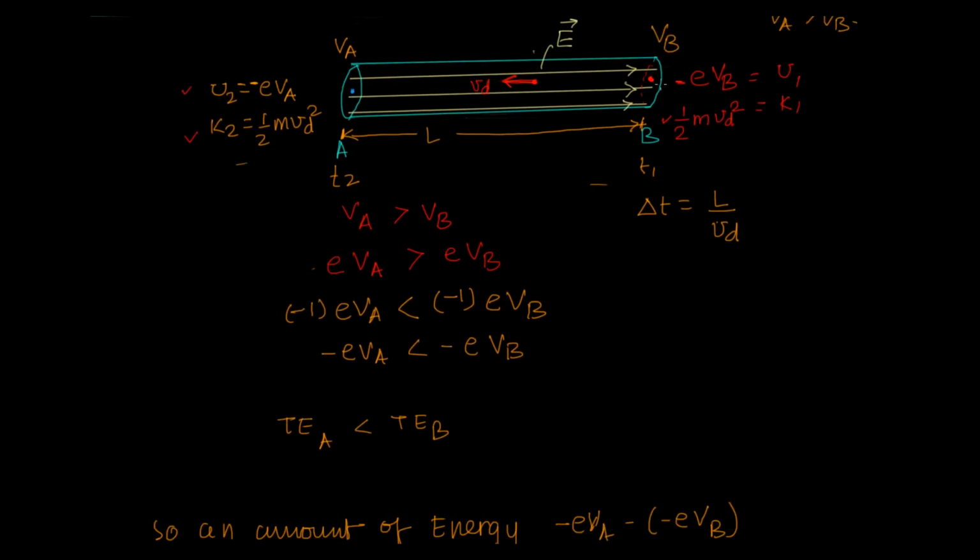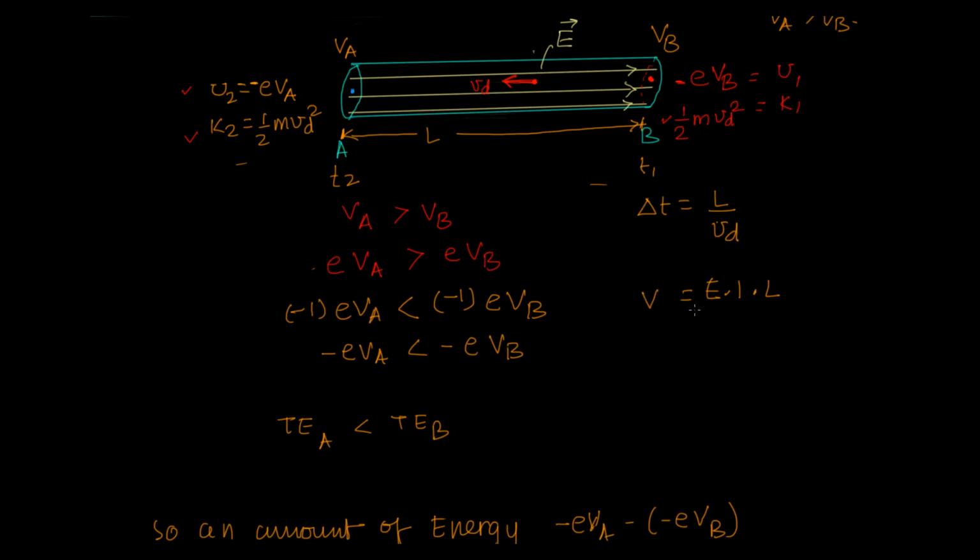If I take a unit positive charge in a uniform field E and move a distance L, I do work of E into 1, because it is a unit positive charge. This was the force I had to apply without accelerating, and I moved a distance L, and that is equal to